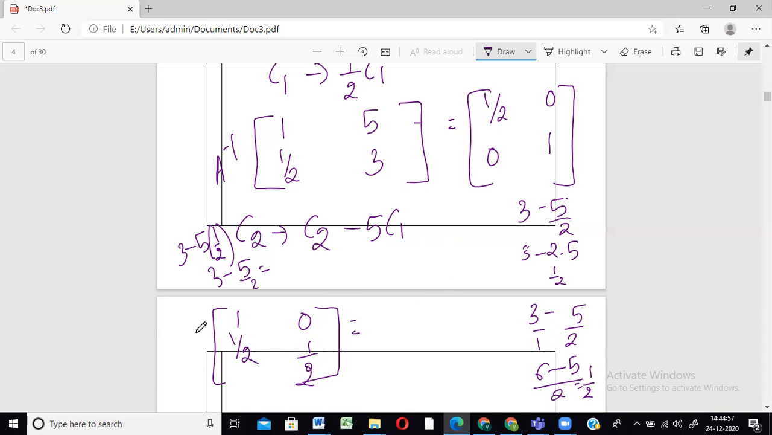We're more used to doing row transformation, so column transformation sometimes becomes a problem. Okay, so now first column as it is. Second column will be, let me just 0